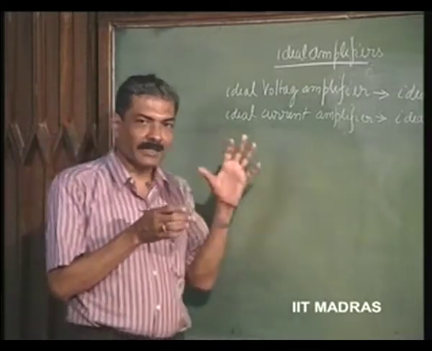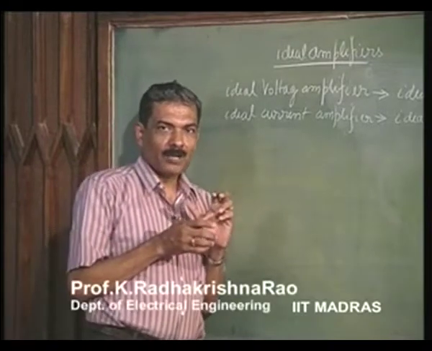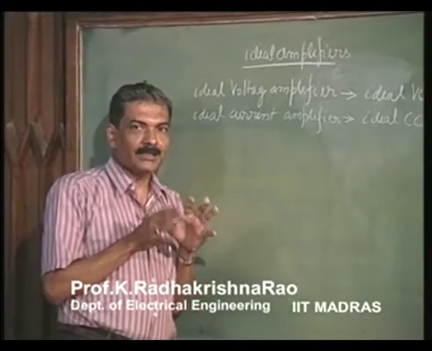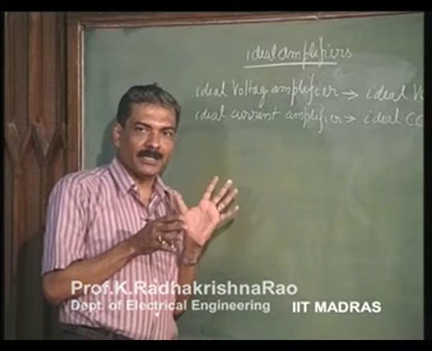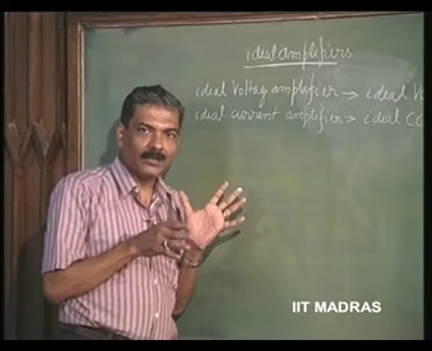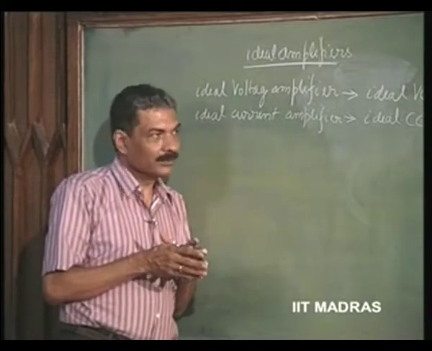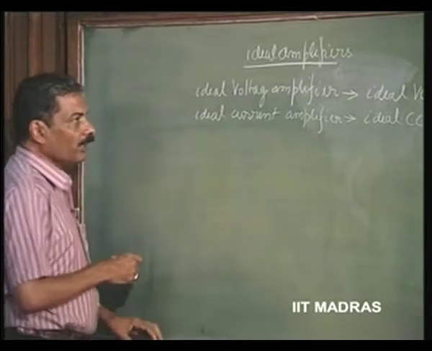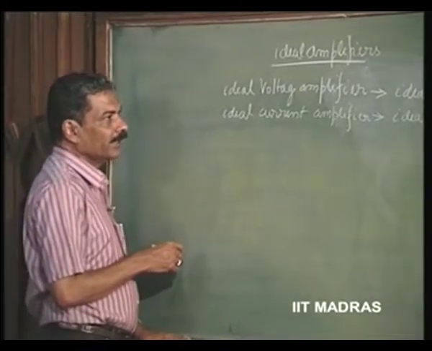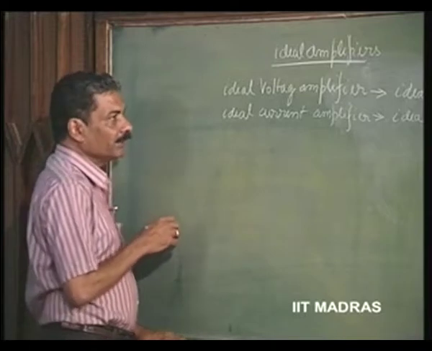That kind of equivalent circuit can be put. But what it is really is determined by basically how it is driven by means of the source and how the load is connected. So, now the other two, obviously you must have thought of readily, possible amplifiers are when